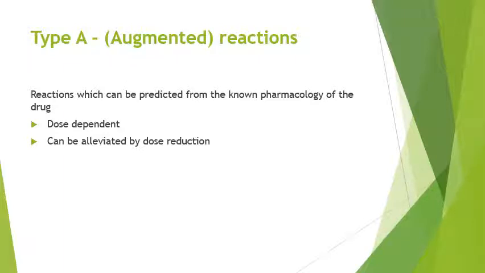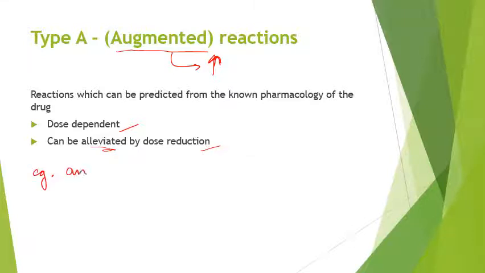Now talking about the type of reactions, the first one is type A reaction, and A here stands for augmented. Augmented means increasing. Now these reactions can be predicted from the known pharmacology of the drug, and these are dose dependent and can be alleviated, that means can be reduced by dose reduction. For example,